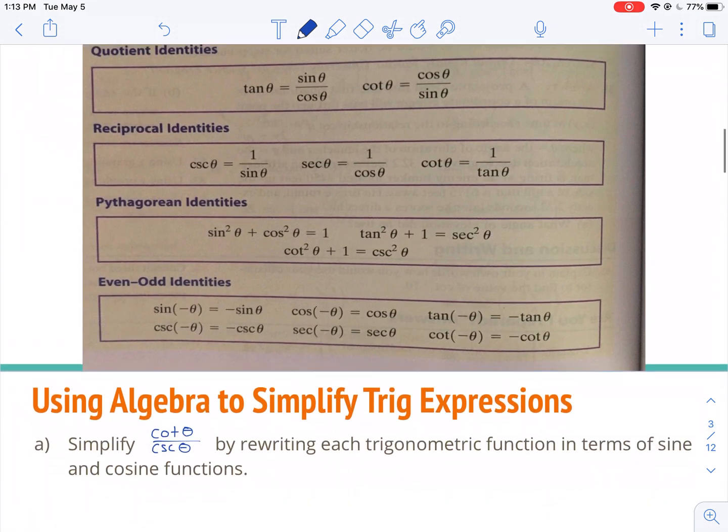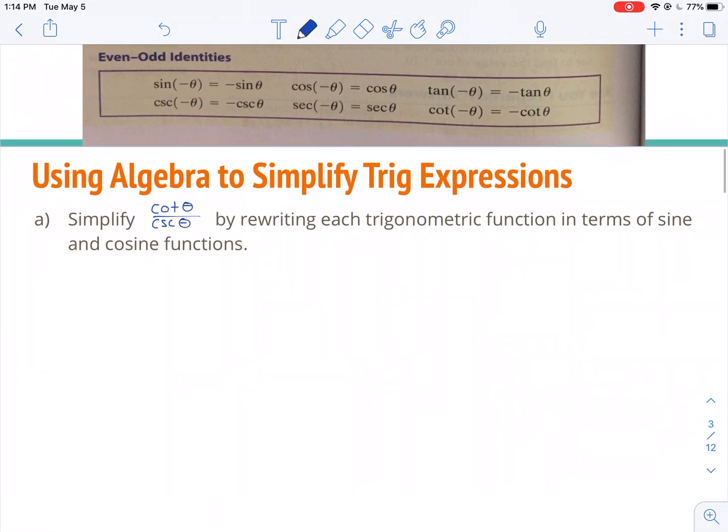And here's where the book, I think, does a pretty good job of starting us off. They just give you some instructions on what to do. So they kind of ease you into the idea of what we're doing. So before you start proving things, they just start having you practice. So for this first one, simplify cotangent theta over cosecant theta by rewriting each trigonometric function in terms of sine and cosine. So all it wants us to do is turn this into an answer that has only sine or